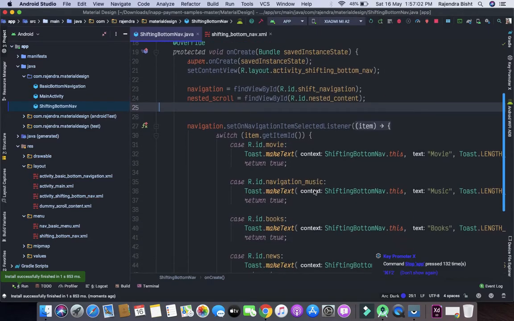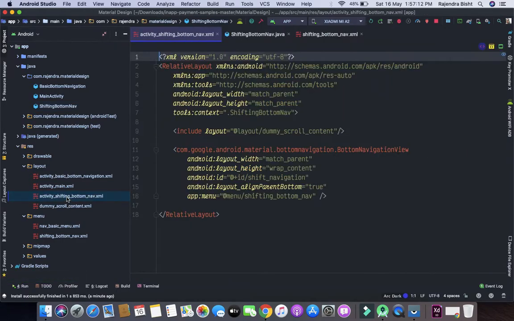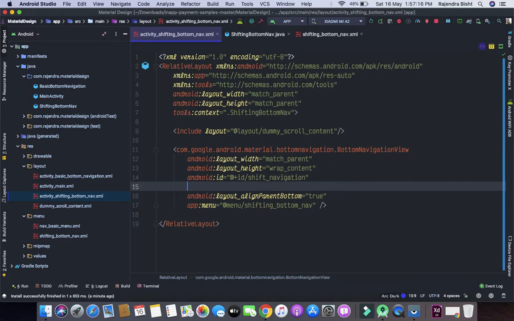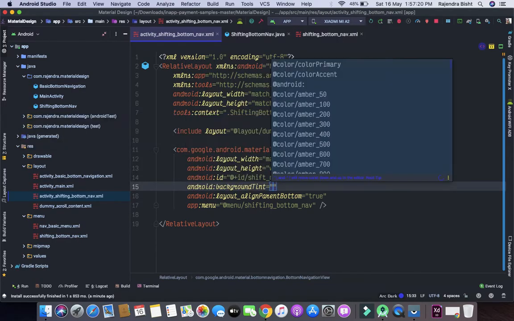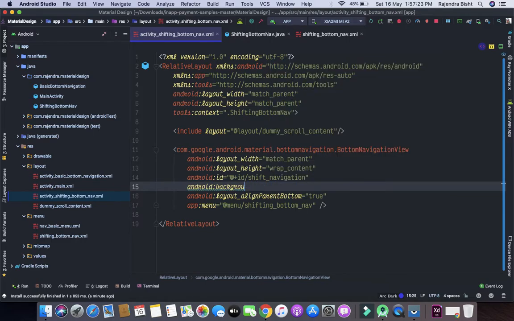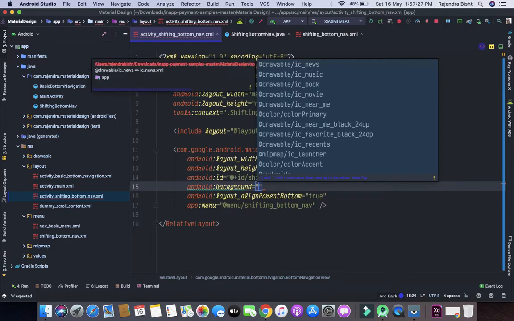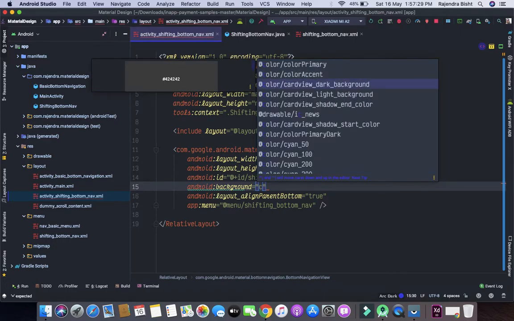So let's add some color so that when the user clicks, he will know which button is clicked. So first let's go to the colors file, and here we will add the background color. Let's say color.